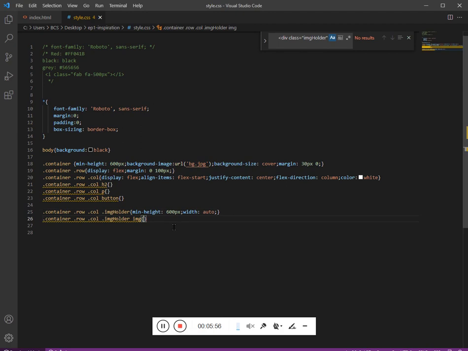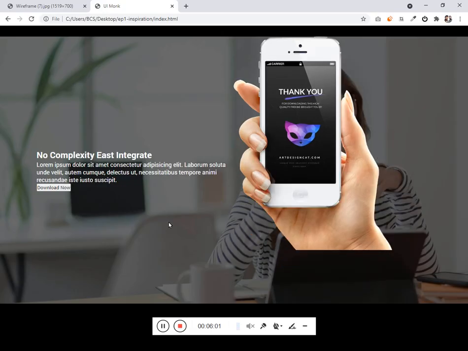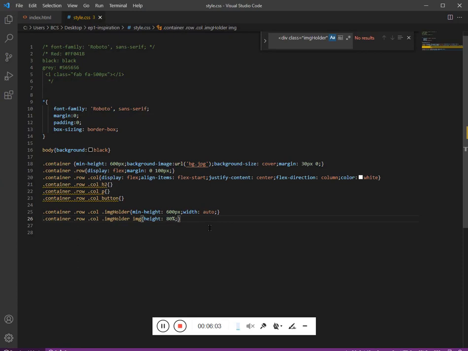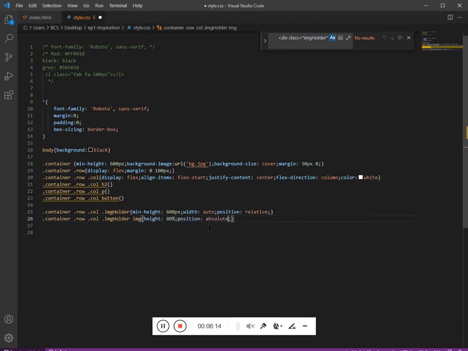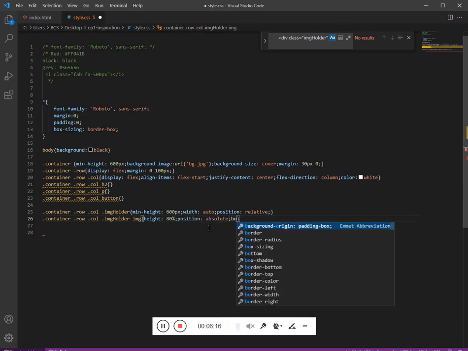And now the image height needs to be 80% of the container, and let it be from the bottom. So position relative for the container, and position absolute, and bottom 0.